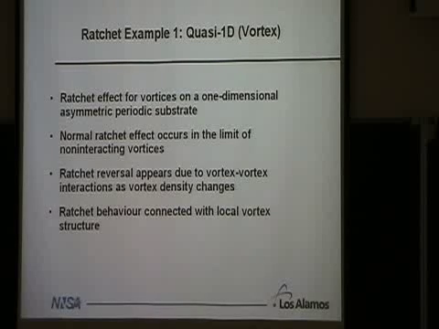Now, in general, when you look at ratchets and you try to do analytic work to decide which direction the transport is going to be, and whether it is going to reverse, it turns out to be fairly difficult to predict reversals for these ratchets, because it generally depends on higher order moments of the exact shape of the potential, which in effect is being changed by this vortex-vortex interaction. But I'll show you a bit more intuitively why we're getting the reversal that we see.